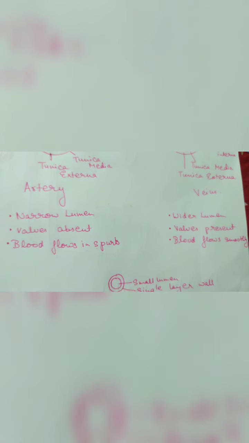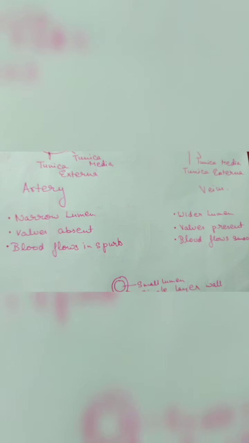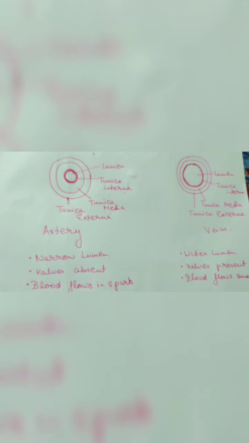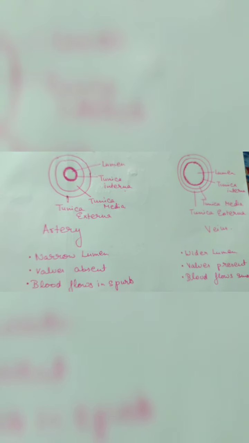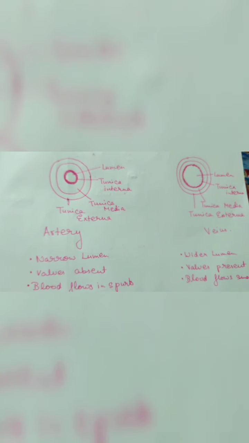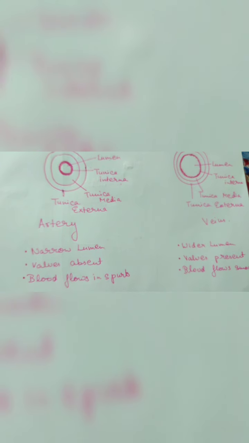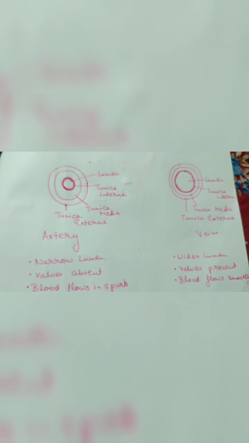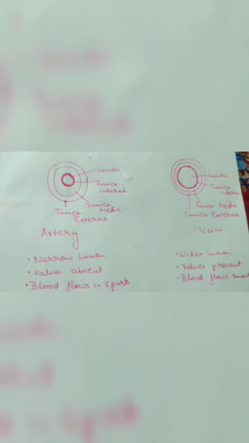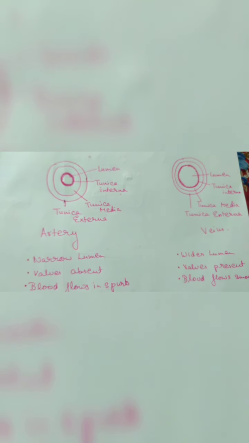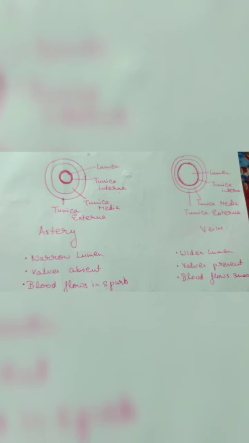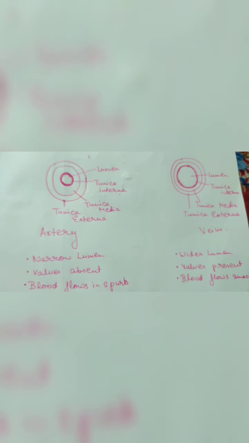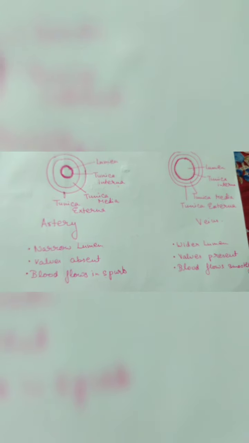Arteries have narrow lumen and veins have wider lumen, as you have seen in the diagram. In arteries, valves are not present because the arteries already force the blood in under high pressure, so the blood flows to different parts of the body in spurts. While in veins, one more reason is there. The veins carry the blood upward towards the heart from lower regions of the body. Since backflow of the blood must not occur, valves are present in the veins, so the blood can be transported easily to the heart.